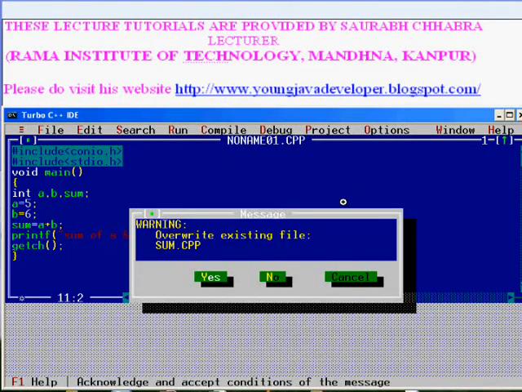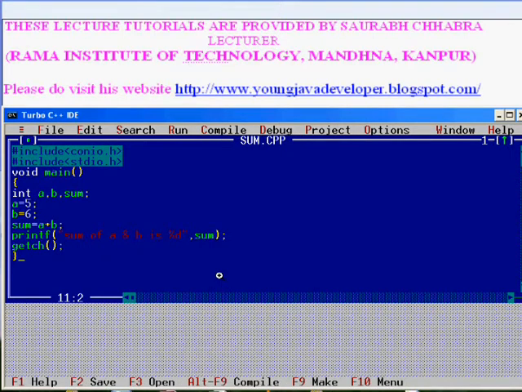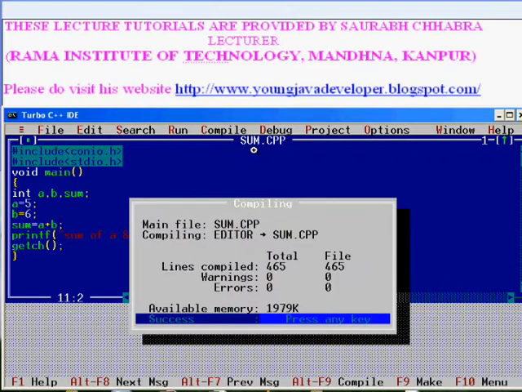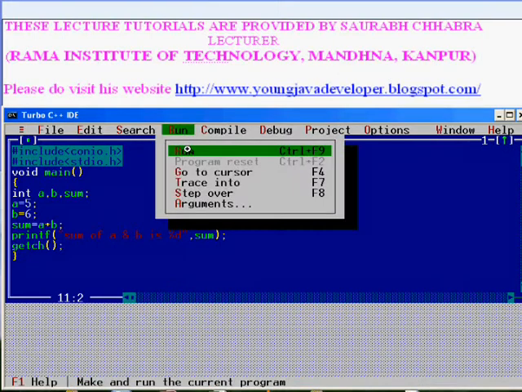Okay, it says that there is a file named sum. Do you want to override? Yeah, I want to override that file. So what I need to do is that I'm going to compile the program. Go to compile, and you can alternatively press Alt plus F9 from your keyboard, so there are no errors. Now I need to run this program, so go to run, or you can also press Ctrl plus F9,